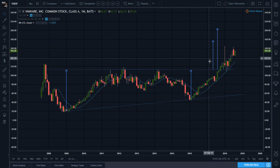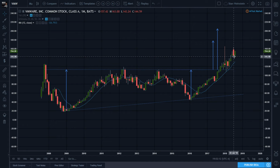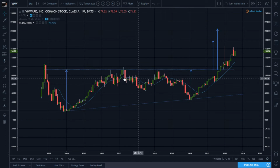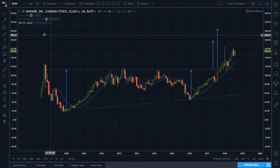Remember, create some black space around, imagine. Don't let yourself be limited by how they format the chart when you first pop it open. And now we've got a definite uptrend on the monthly candle chart. No close below. As long as you're above, awesome. If you have a close below the 12-month moving average, you don't want to be there. Doesn't mean it's going to go down, but you could be in this chop, sideways action. What you're going to want is a continuation breakout off a pattern, if ever that's the case. So right now, looking at it, I could say my target would be